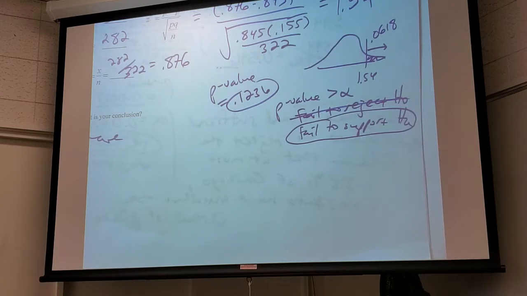Just real quick, if the p-value was less than alpha, we would reject the null and we would support Ha? Yeah. Rejecting the null is the same thing as saying supporting the Ha. It's like me saying I'm twice as old as you, or me saying you're half as old as I am. I just said the same thing twice. Okay.